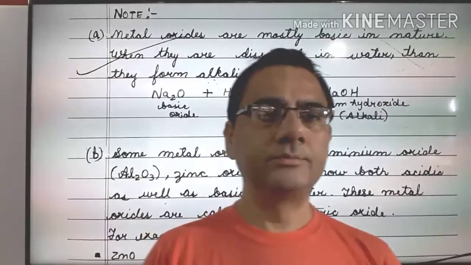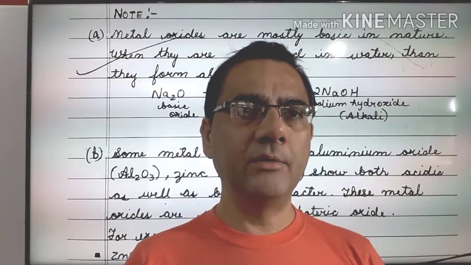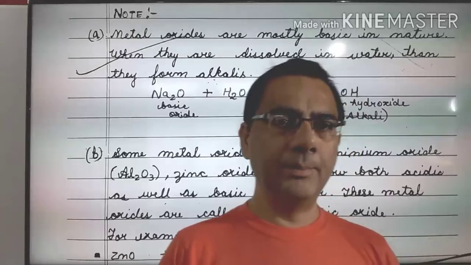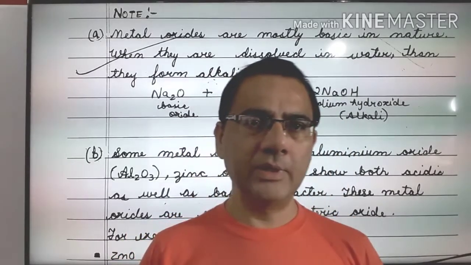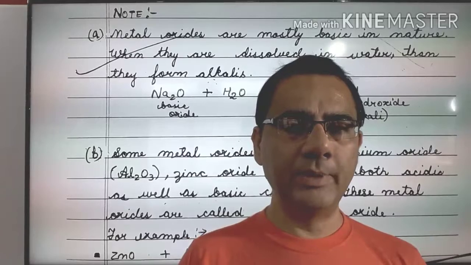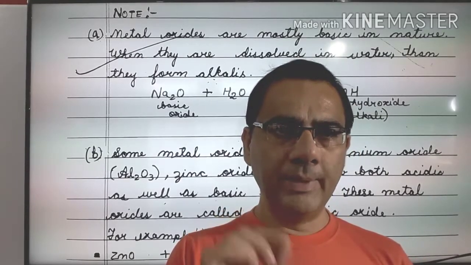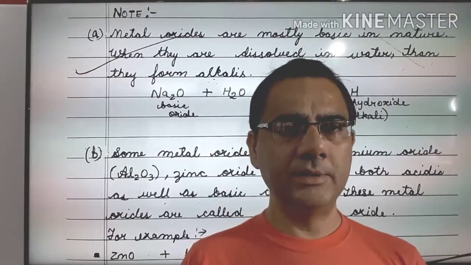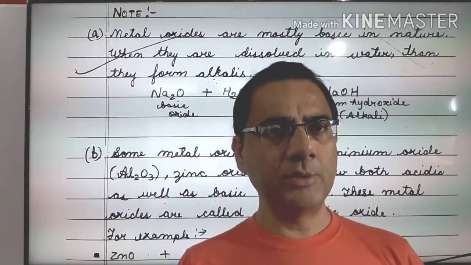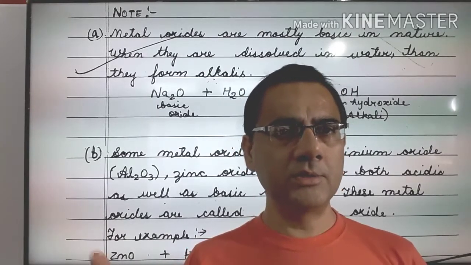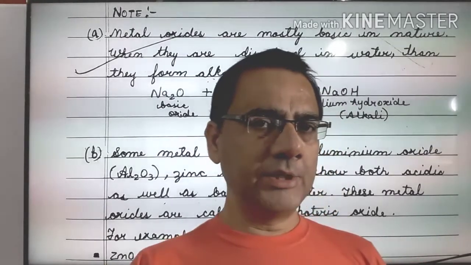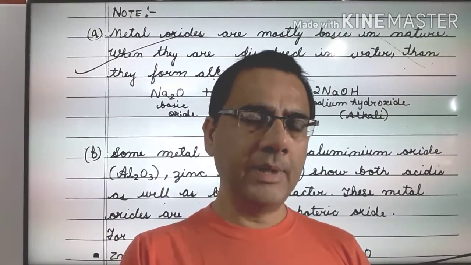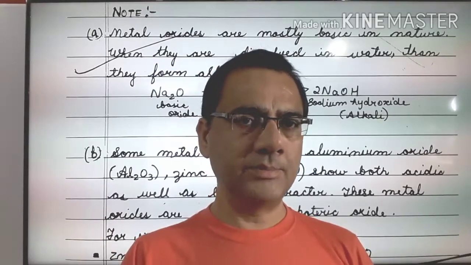This is written as a note, and two important points are given here. The first note that is given: metal oxides, they all are basic in nature. So keep in mind, somewhere in the long memory of your brain, all metal oxides except one or two are basic in nature. Calcium plus oxygen, calcium oxide, basic in nature. Sodium plus oxygen, sodium oxide, basic in nature. Potassium with oxygen, potassium oxide, basic in nature. So remember, oxides of metals are basic in nature, except one or two.